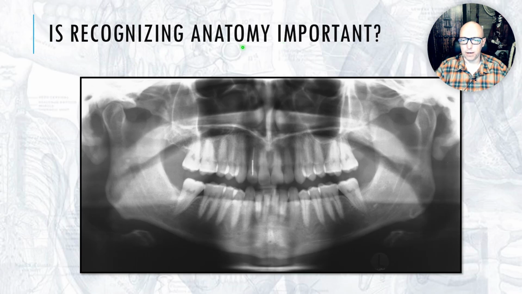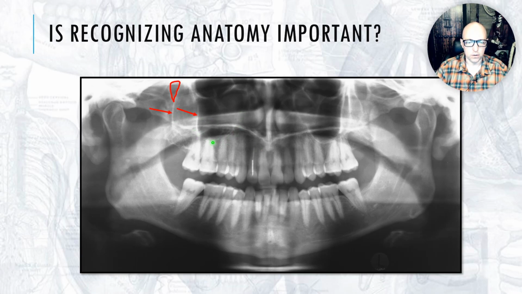All right, it seems like an obvious question. Is recognizing anatomy important? Yes or no? Hopefully this displays that. What was that structure? Inverted teardrop should give it away. Inverted teardrop shape. What is this versus this? That's our posterior border of the sinus. It aligns with the posterior of the tuberosity. Is this just a sinus septation, or is it my favorite structure? The zygomatic process of the maxilla. So that first one was the posterior border of the sinus, zygomatic process of the maxilla, inferior border of the